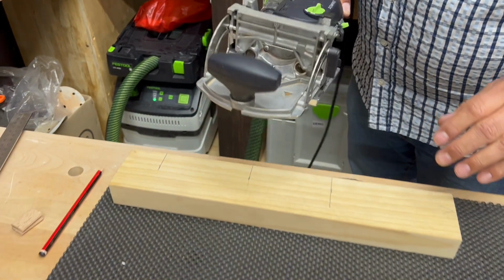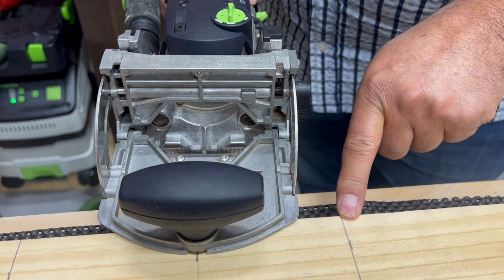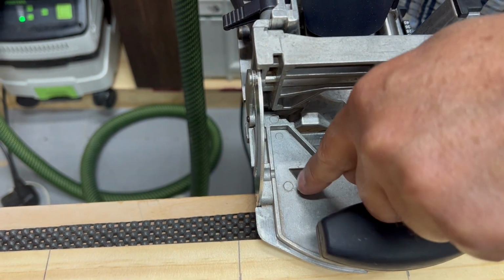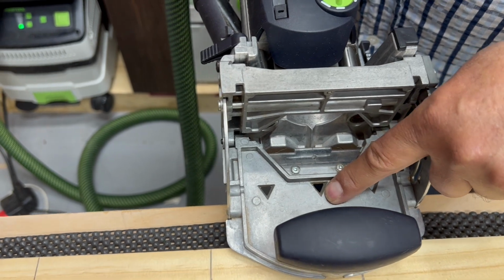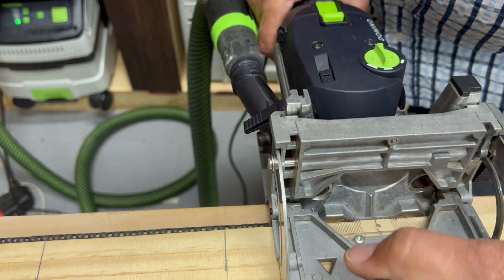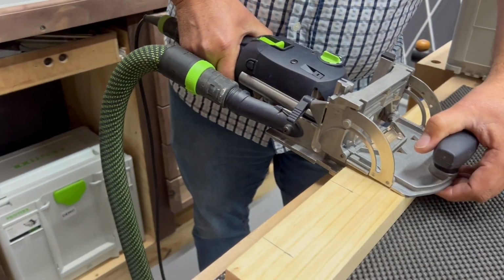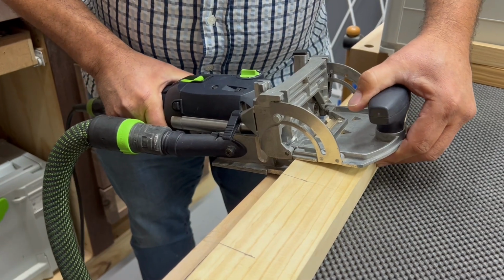So now what you're going to do is line your machine up, because that is always going to be the center point of your hole. On the machine itself, you see these little arrows, okay? That arrow is where the pin is, that arrow is the left-hand pin, that arrow is where the right-hand pin is, and obviously that is dead center of the cut that you're doing. So I normally tilt it from the back, tilt the machine up this way, so that you don't cut at an angle. If you cut it at an angle like this, obviously the two pieces of wood won't join together properly. So I normally tilt from the back, line up,